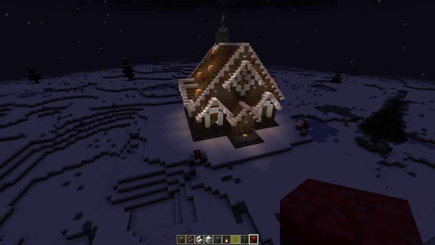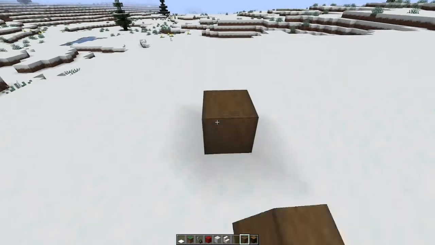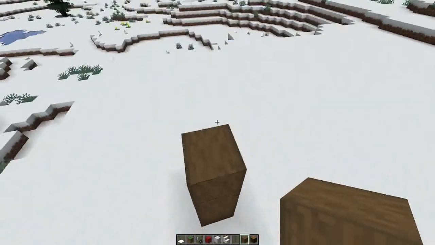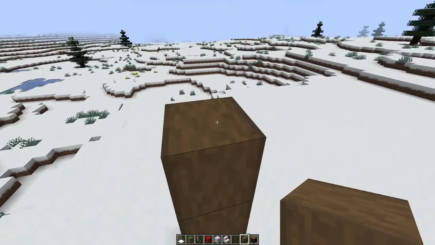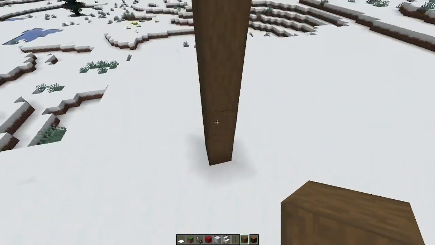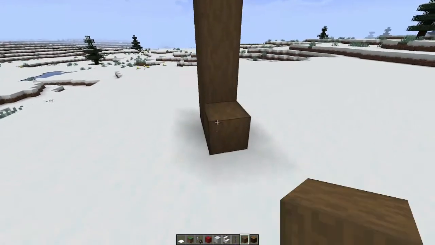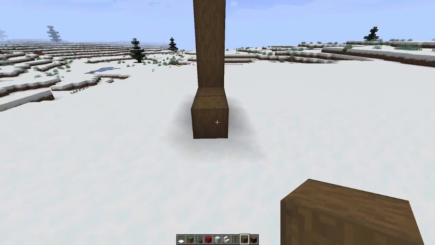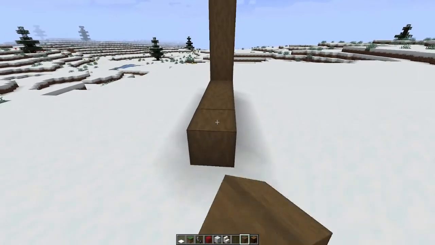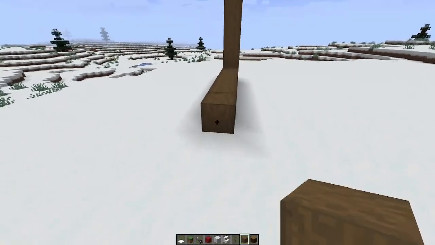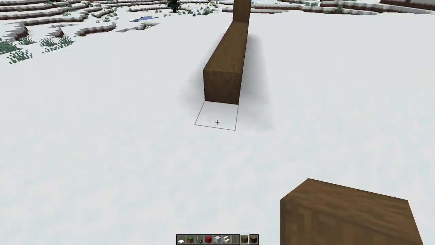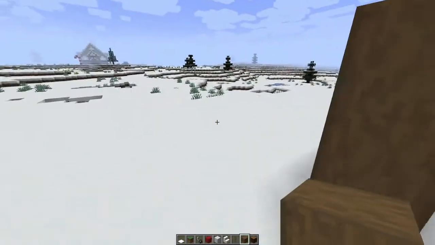So here we go. So first of all, I always lay down the floor and the main walls. So this is what we're going to do. We're going to do the floor and the main walls just to get a guide of exactly where you want it. And I use this first section as 9 wide,